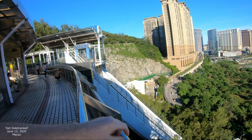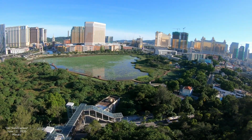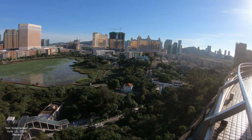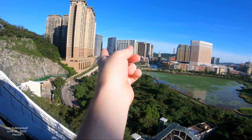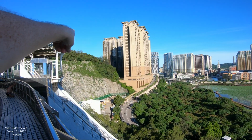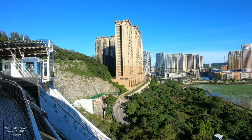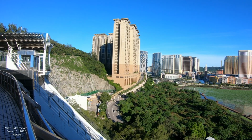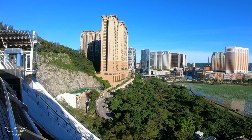So let's see. So you've got a pretty nice little view of this whole area. That's the Cotai Strip right there. So that's basically Cotai. The airport is around on that side of this little mountain. This is a really expensive apartment building. I think it's almost $2 million for each unit. I don't know how big the units are, but